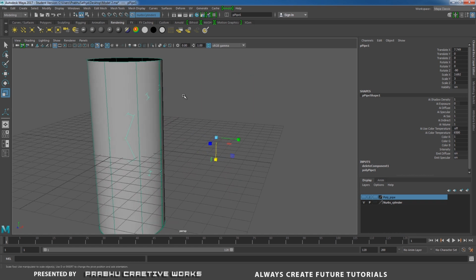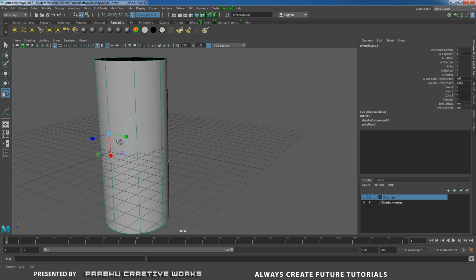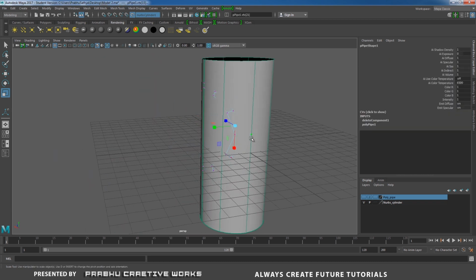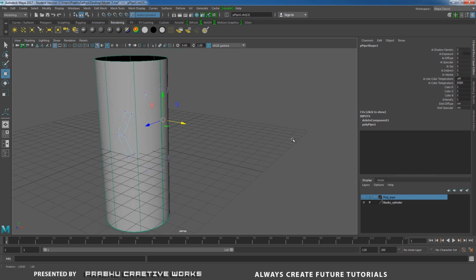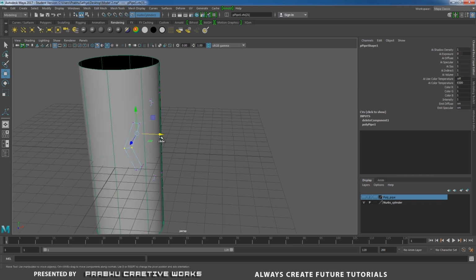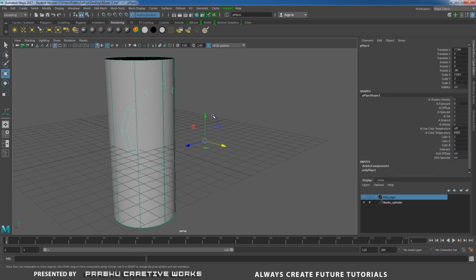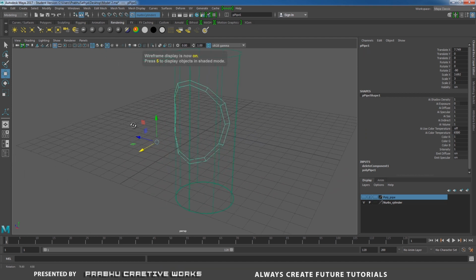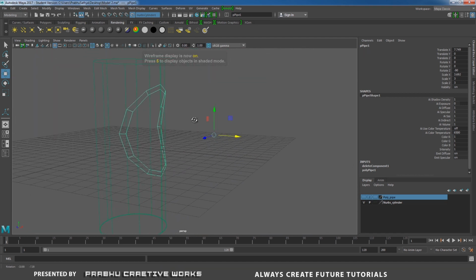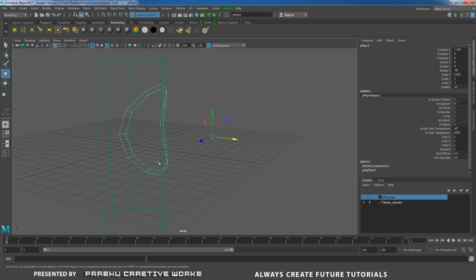So see here, right click and choose vertex mode. Select this vertex and shift select this vertex and press W. I want to move in X a little bit. So select both of these vertices and shift select these two vertices and move in X. Right click and choose object mode, press 4 on the keyboard. Now you're able to see our object clearly. It automatically lies on our live